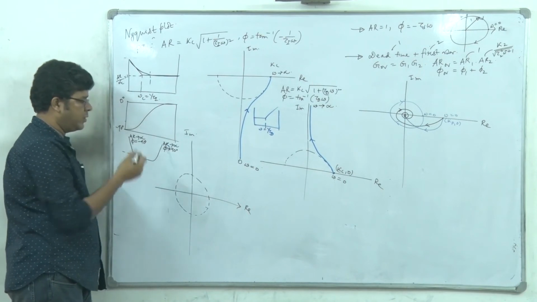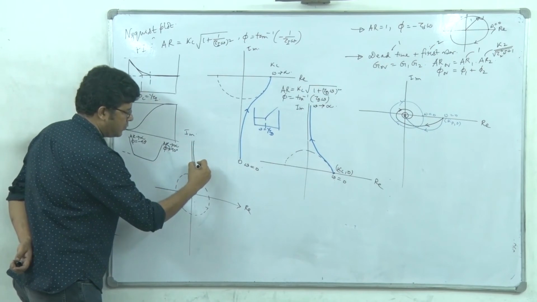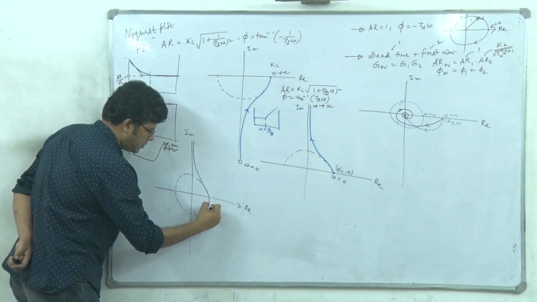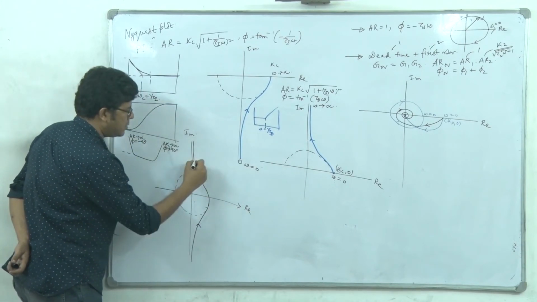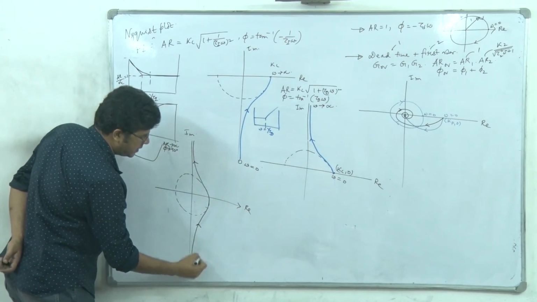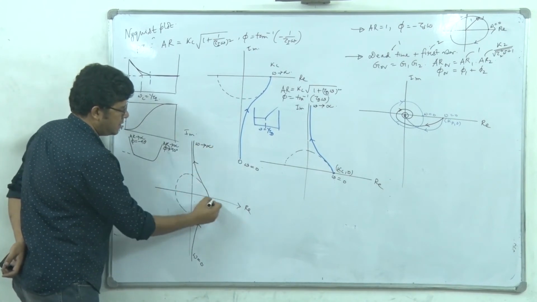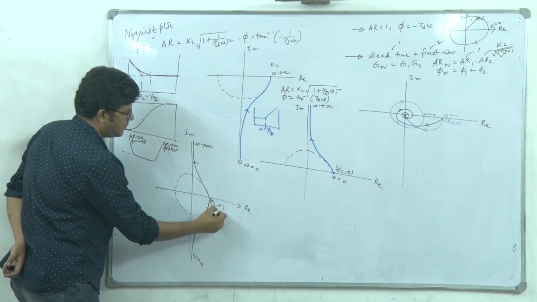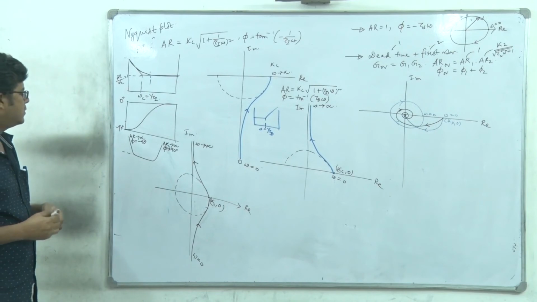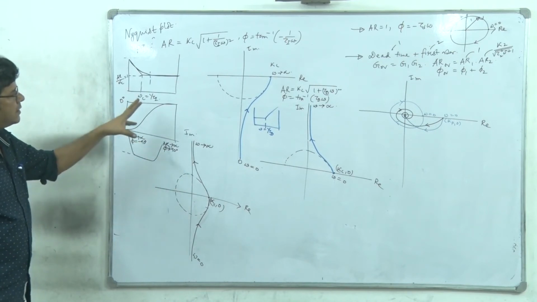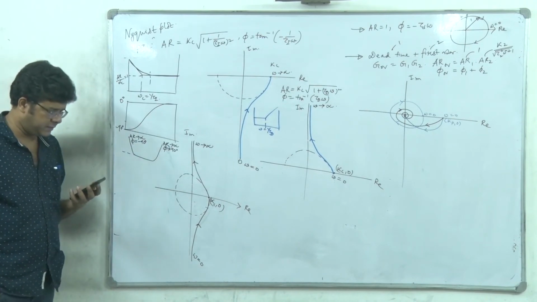And this is the typical Bode plot. So what we will have is this sort of plot. So this is omega equal to 0, this is omega tending to infinity, and this point is Kc comma 0, right? So that's the description of Nyquist plot for different elementary systems.